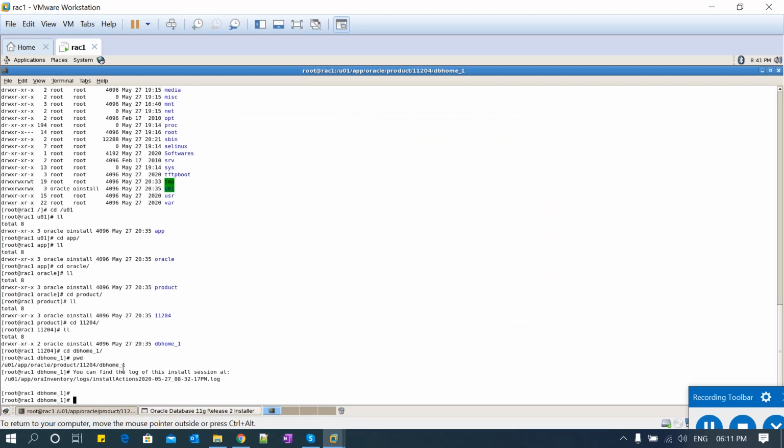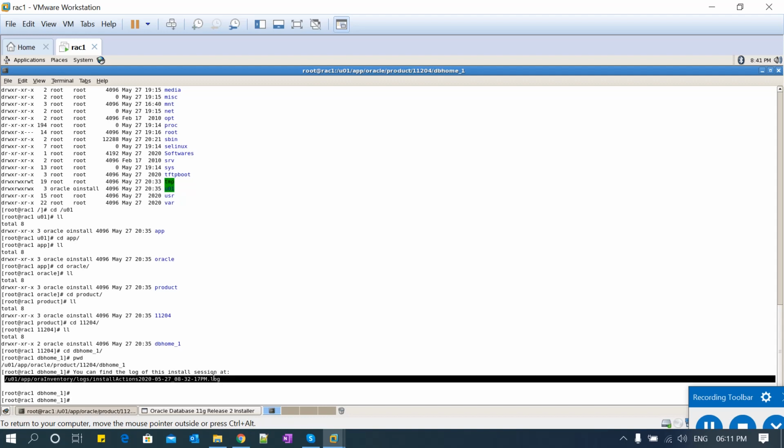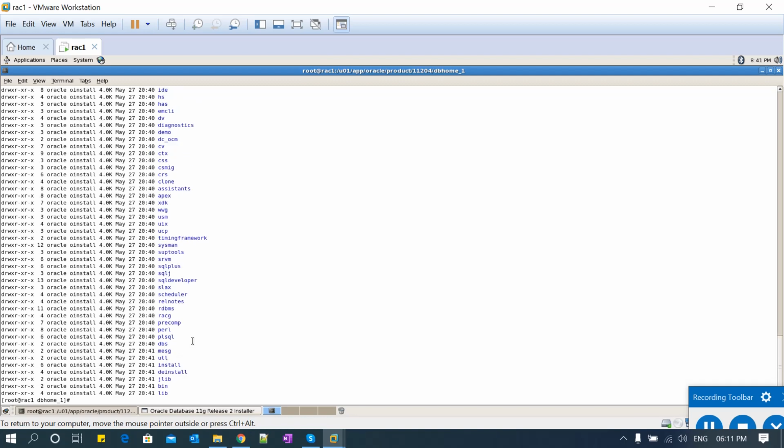One more thing: the moment it starts the installation, it also provides you the installation log location and the log file. You can refer to this log file at any time for any failures, errors or warnings. You can see all these libraries and binaries, executable files, getting installed here.